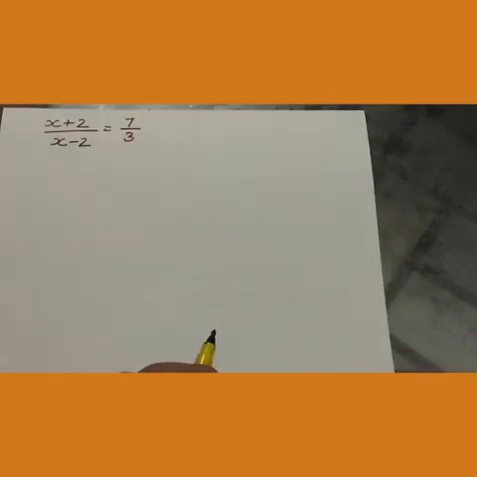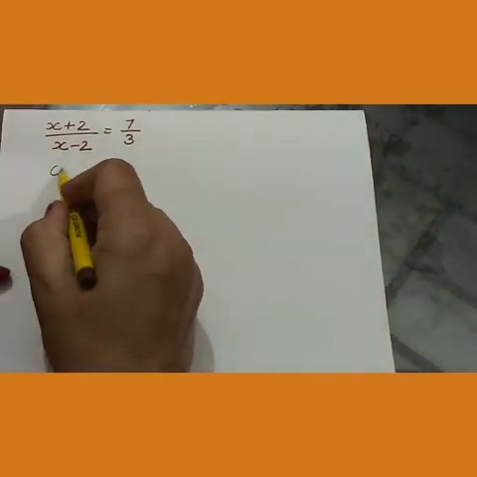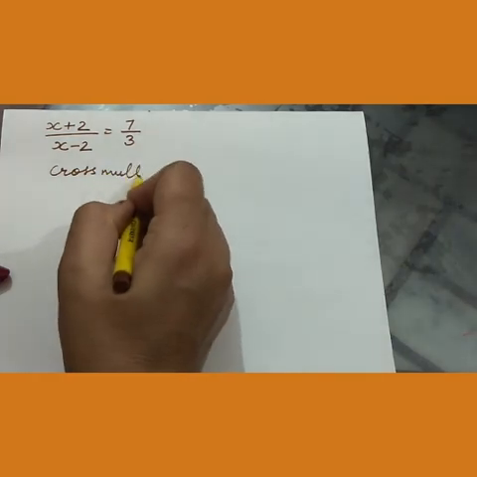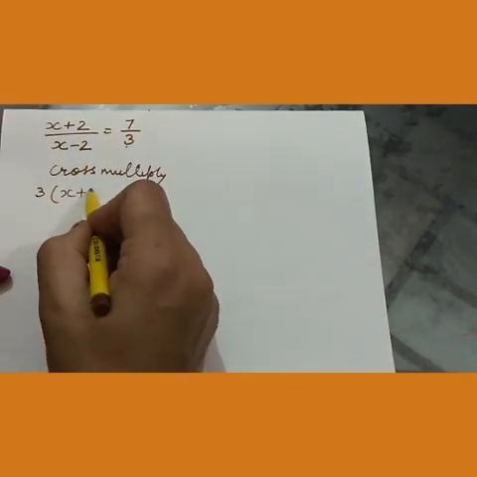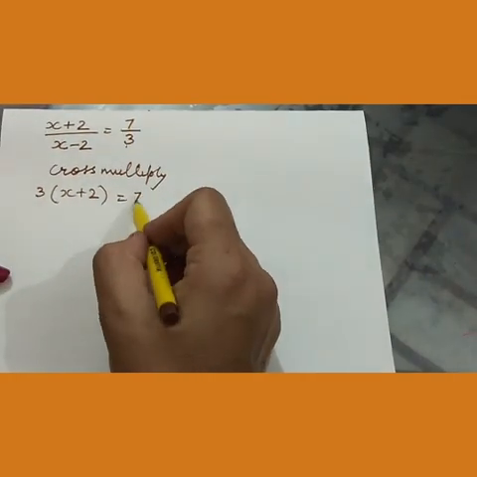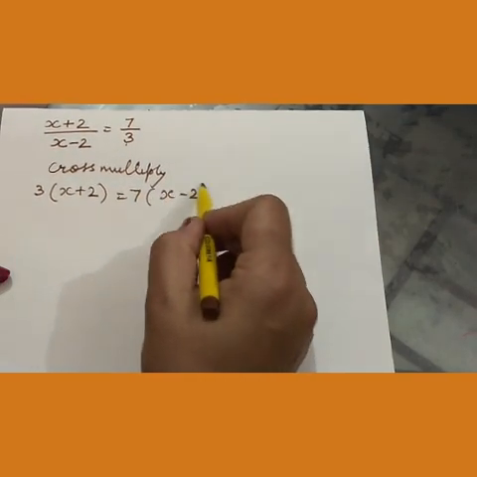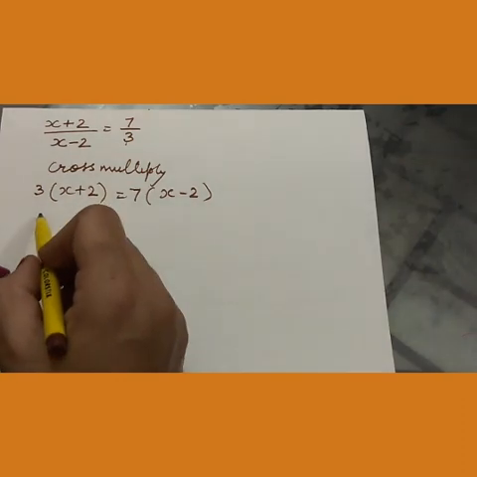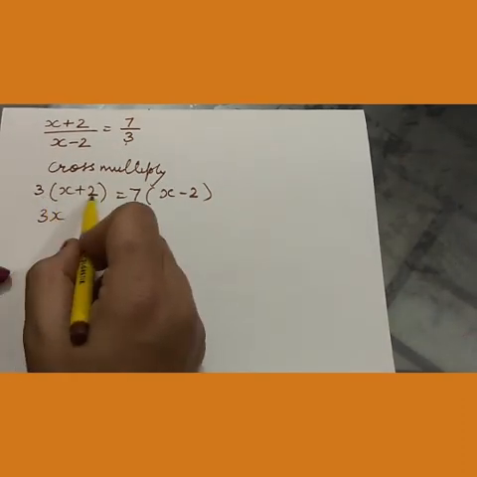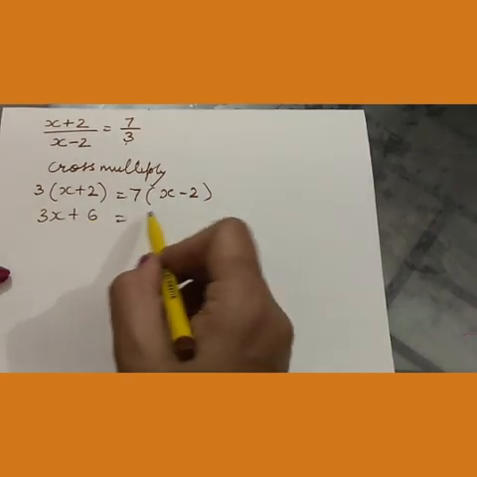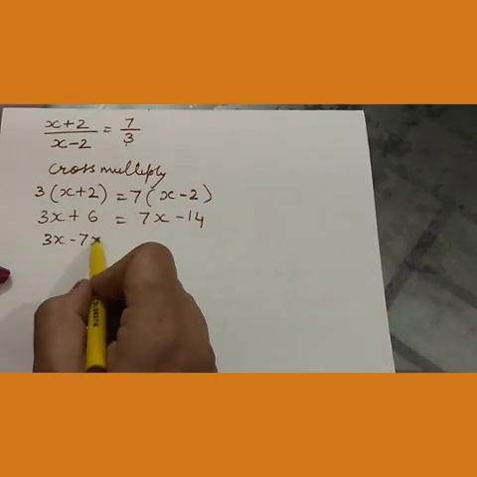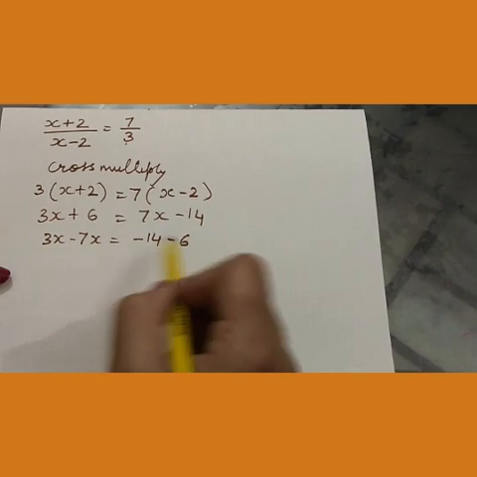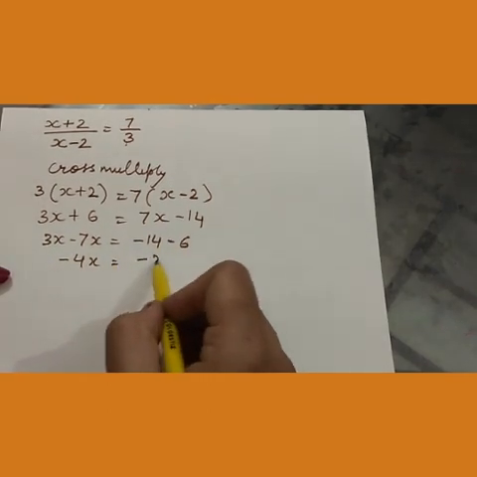The last type you will come across is like this. In this, the denominator also has a variable. So here we are going to first cross multiply. This 3 will be multiplied by x plus 2, the numerator of the other side, and this numerator, that is 7, multiplied by the denominator. Now you are going to solve it as you have solved earlier. This 3 will be multiplied by both the terms in the bracket, and this 7 multiplied by both the terms in the bracket. Now I will collect all the like terms on one side, which will come like this.